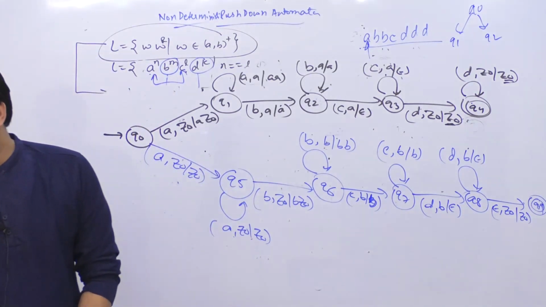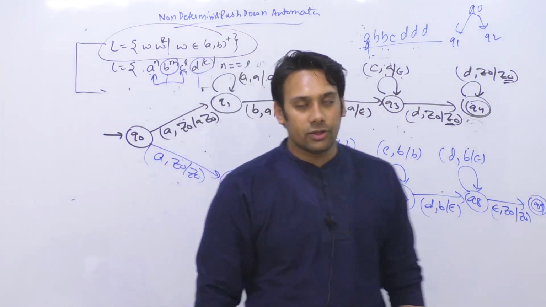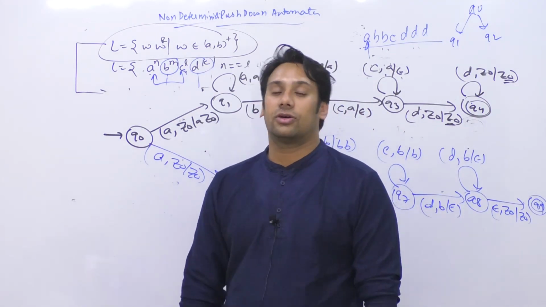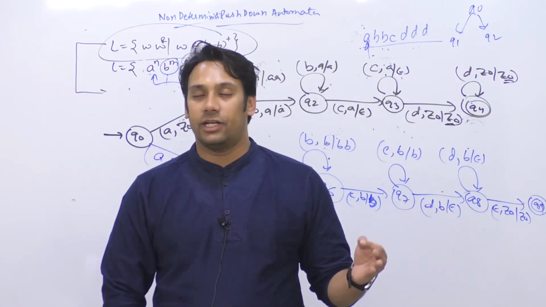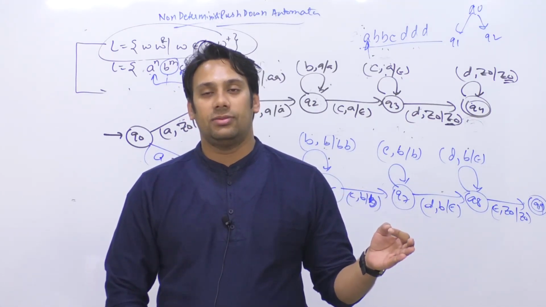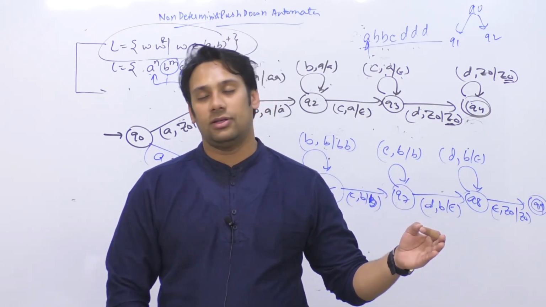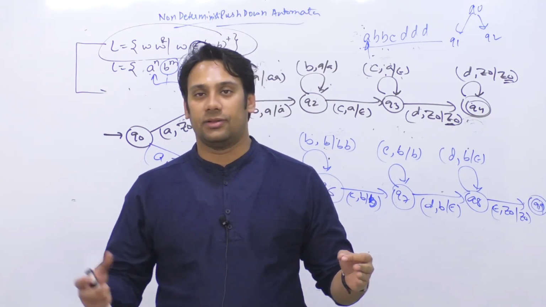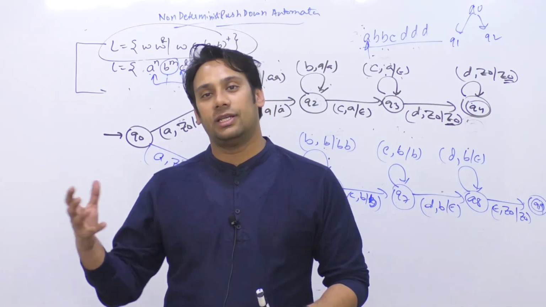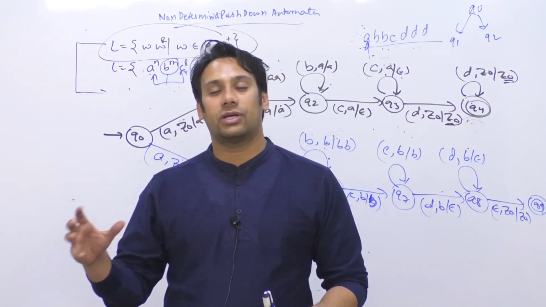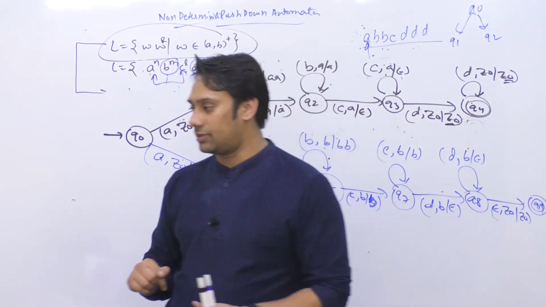Okay, so is this clear? Basically this concept is similar, just like finite automata, the concept is similar. In finite automata, the concept of non-deterministic finite automata, so how can you accept a string in NFA? The same thing is applicable on NPDA. In case of NFA, if for a given string you can reach a final state, the string is accepted. In the same way, in case of NPDA, if for a given string any of the copies can reach a final state, then we can say the string is accepted. Otherwise, the string is not accepted.